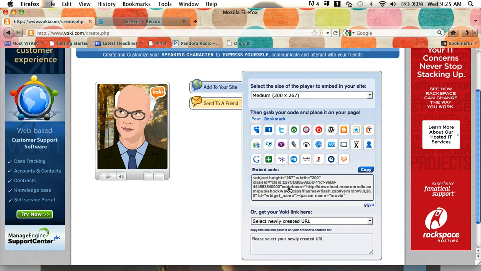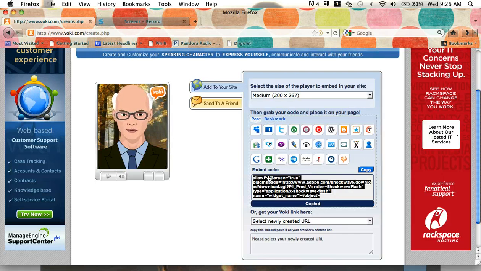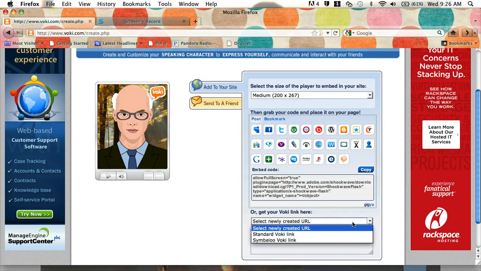So this is the back-end code that allows your avatar to shake its head at you and to look around and to talk. And so we're going to go ahead and hit the copy button so that we can copy the embed code and paste it into another site. You can also grab a Voki link. That Voki link would just be right here. So you notice that you could actually just grab the link so that you can